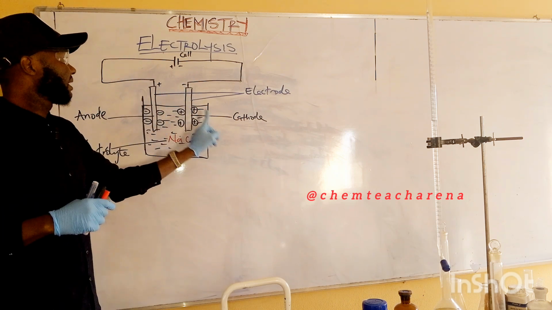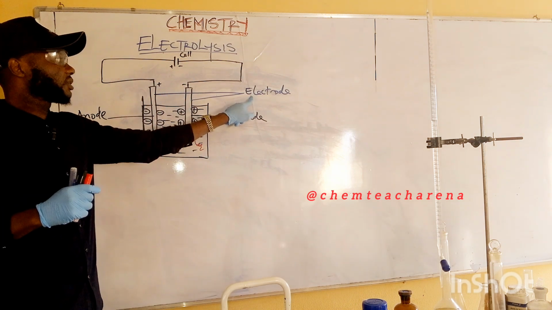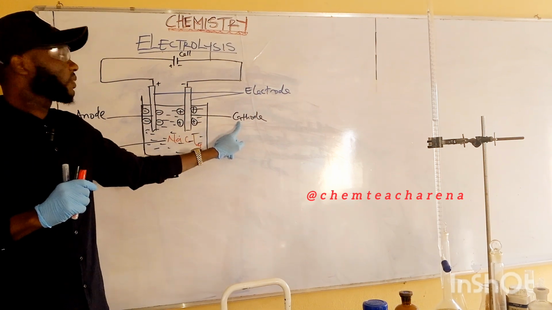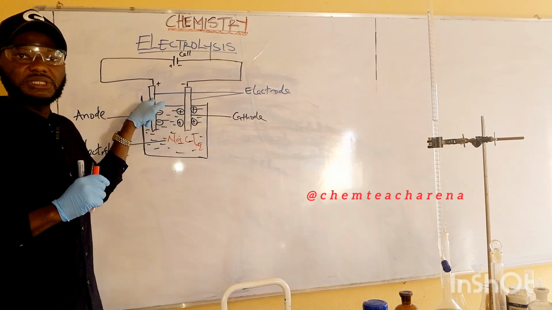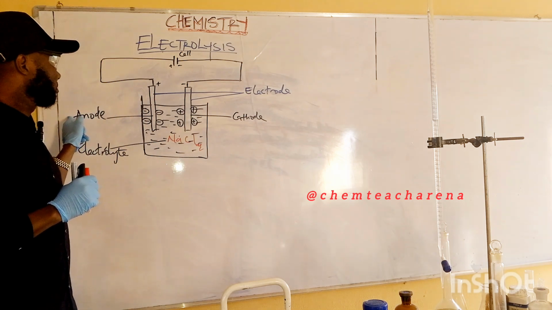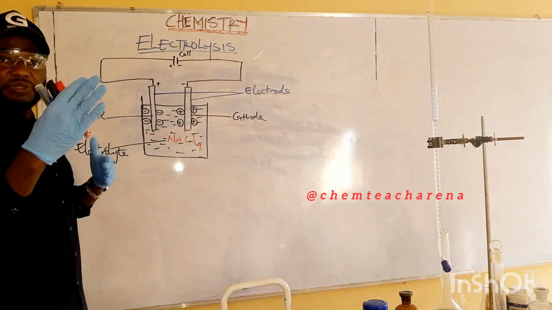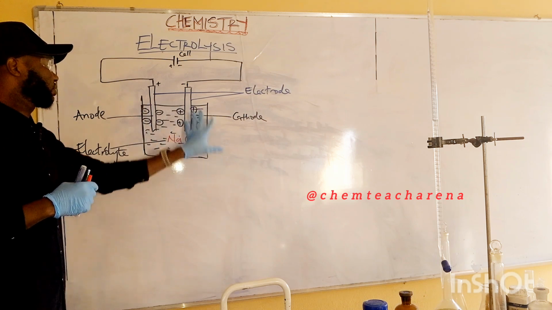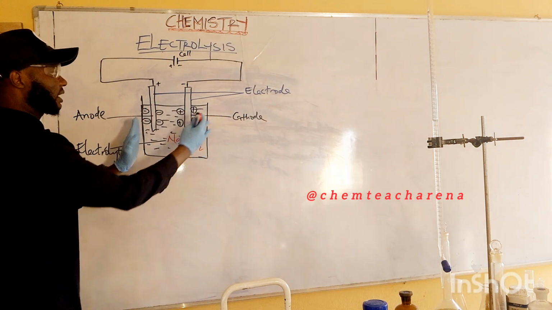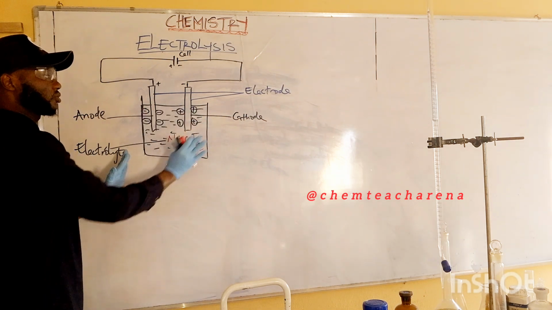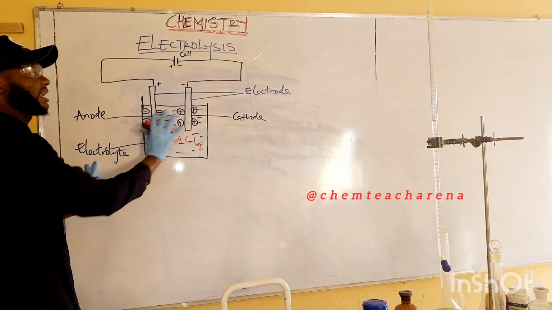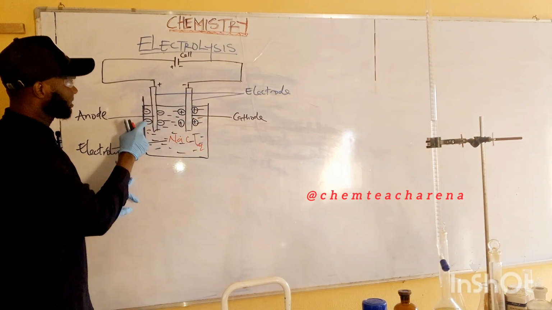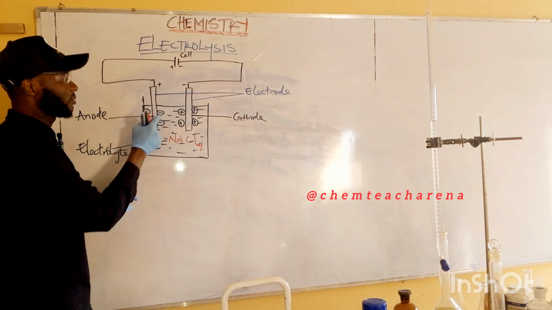Then the negative electrode is the what? Is the cathode. While the positive electrode is the anode. They are both electrodes. We now have positive and negative. Then looking at the electrolyte, this beaker that contains this salt solution is referred to as the electrolyte. This is the electrolyte. Then you see I circled negative here